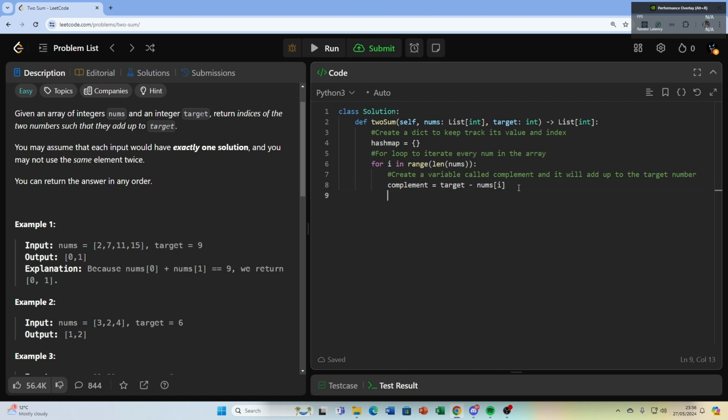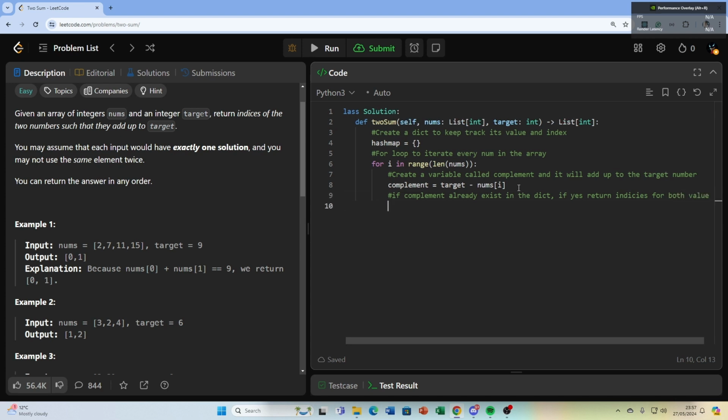Then we see if complement already exists in the dictionary. If yes, return indices for both values. So we know in here, if complement in hash map, return. We want it to be in this format, so we have to do it like this,